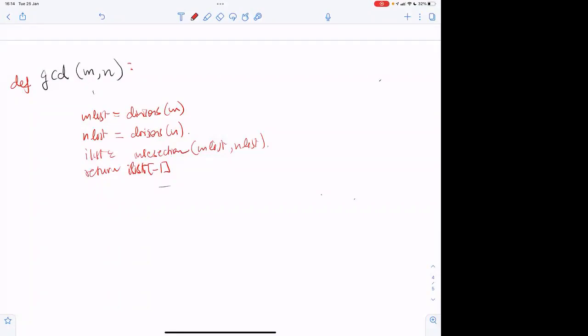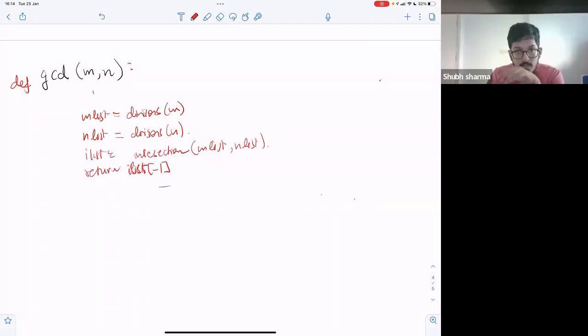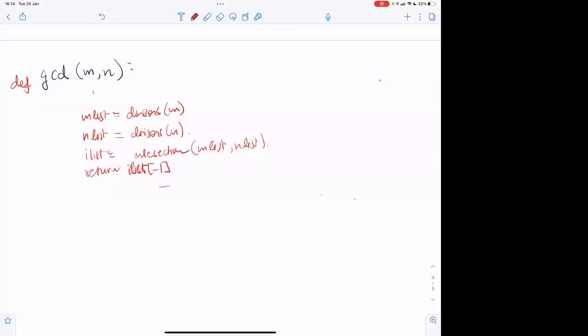If instead we stored the numbers in decreasing order of divisors, then the first common divisor is the largest common divisor, which is what you want, correct? Do you agree? Yes, sir. So you could write a loop in which you could combine it and make it much more efficient.